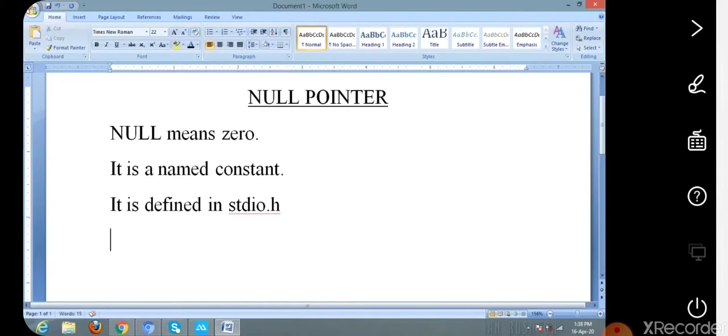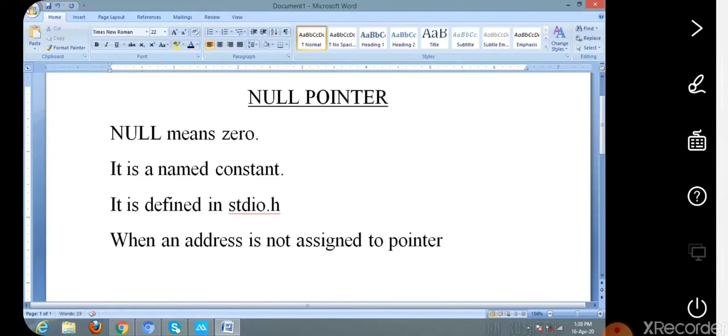Generally, it is used with pointers. That is, when an address is not assigned to a pointer, it has a random address which can be misused.